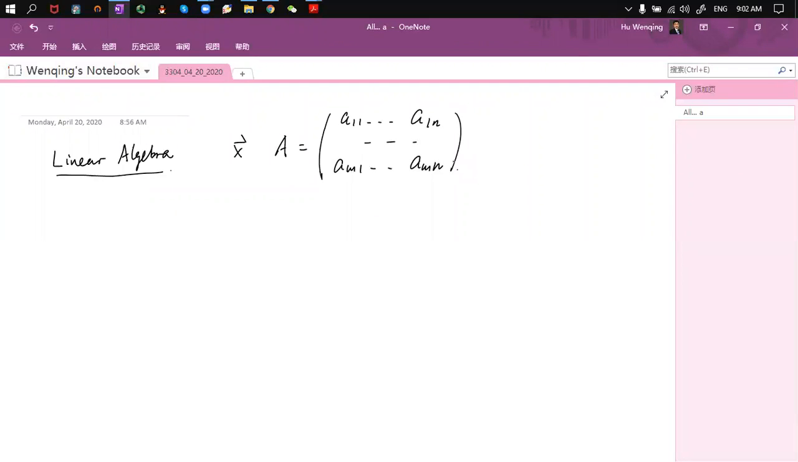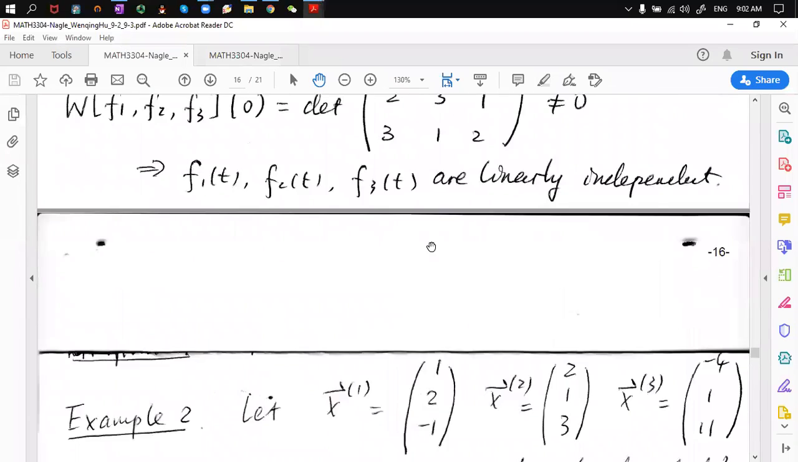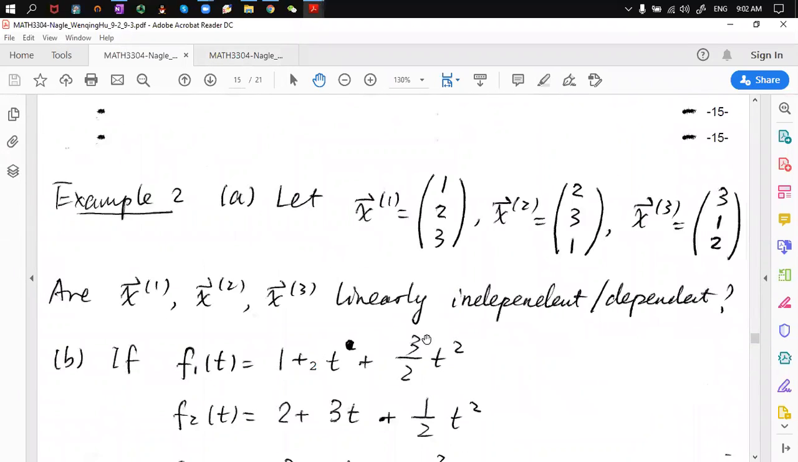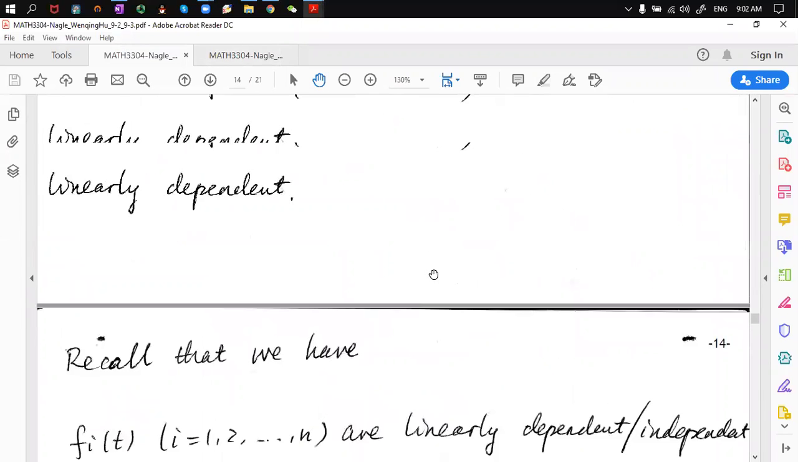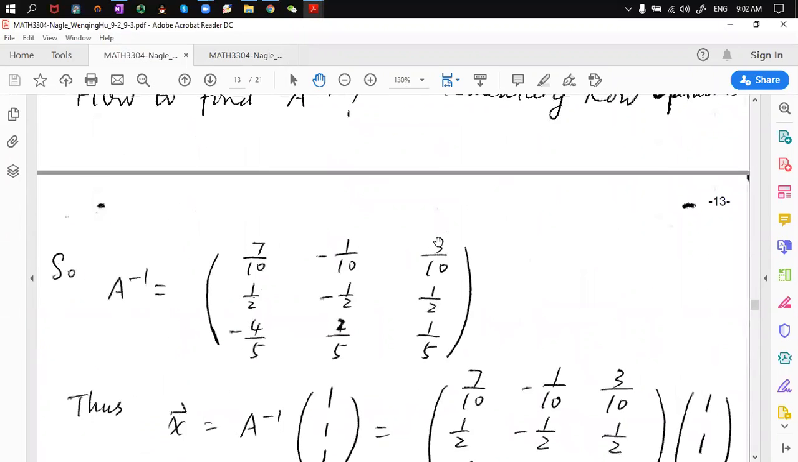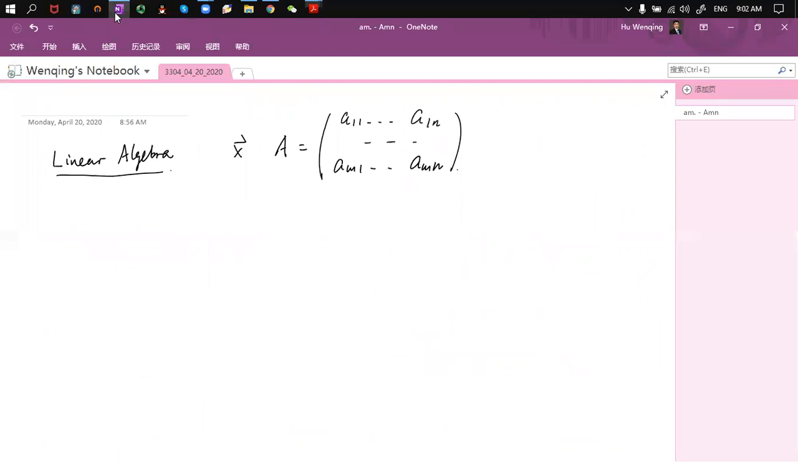So the matrices and vectors. We've been talking about a lot of issues related to matrices and vectors, such as their operations, the product of matrices, and so on. In particular, a very important thing we talked about in the last lecture is linear independence and linear dependence. If you would like to solve a linear algebraic equation, let's say Ax = b,